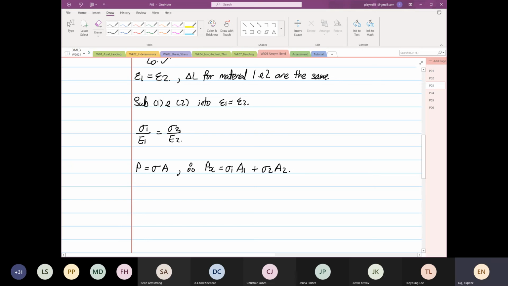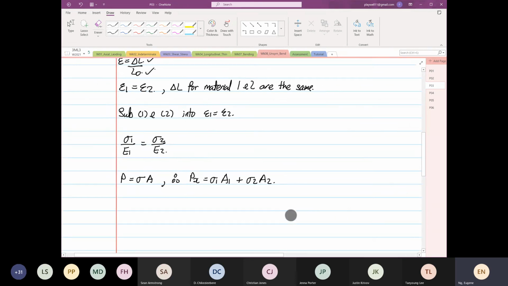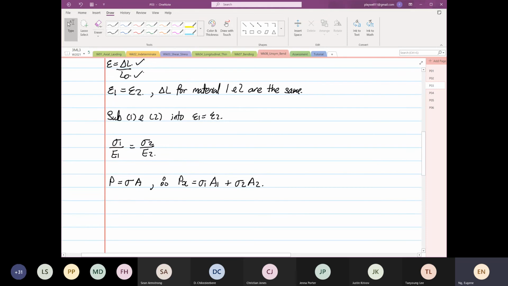Okay. So once you have this relationship, you can do some manipulating. Let's look at, I'll call this equation number 3. And I'll call this equation number 4. So we're going to let,